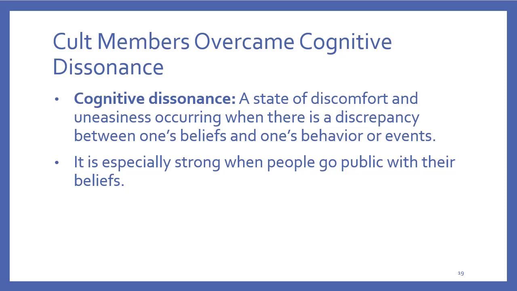The problem is that when there's a discrepancy between a belief and something that happens, people typically will change the context of the belief so that it wasn't wrong. It just maybe needed to be tweaked, or something else had happened, or something else intervened. They don't want to change their belief, so they will create a distortion around it that makes their belief make sense. In the case of the Seekers, the God of the earth had decided to spare them because of the dutifulness of the group and how they proselytized and spread the message of the Seekers.